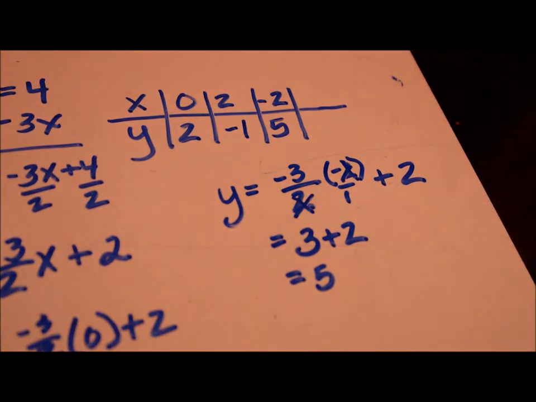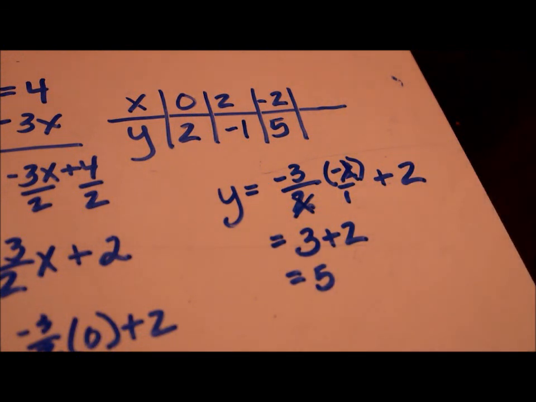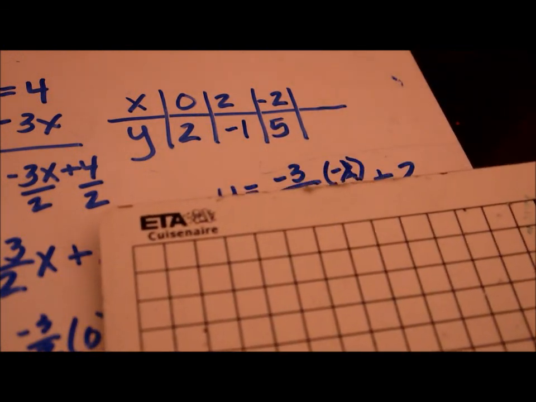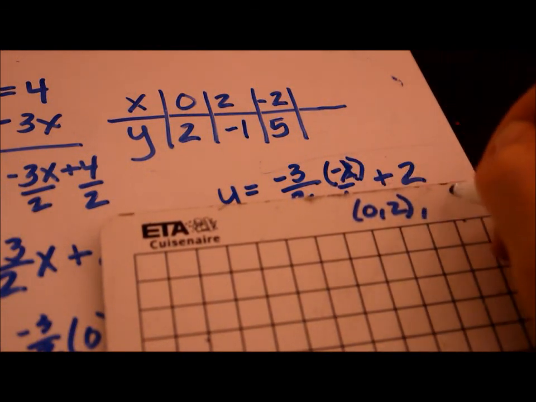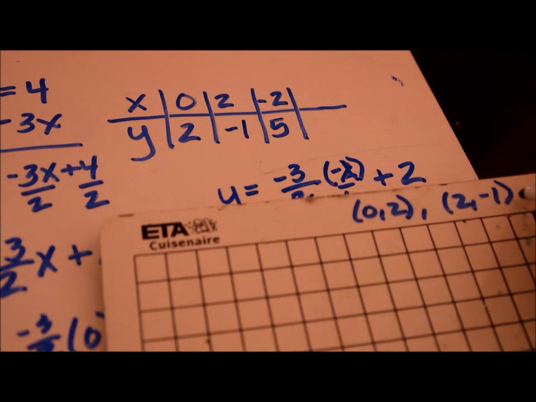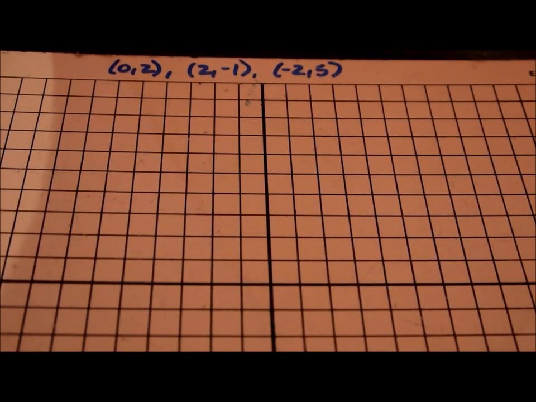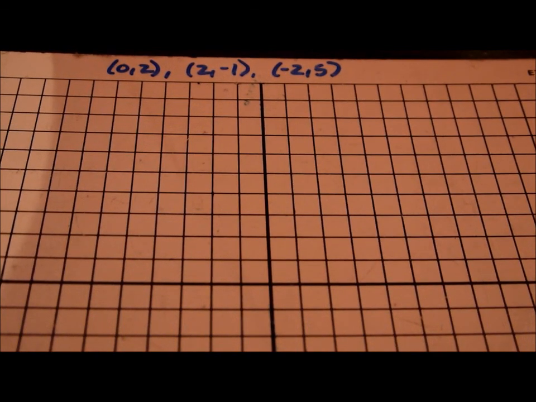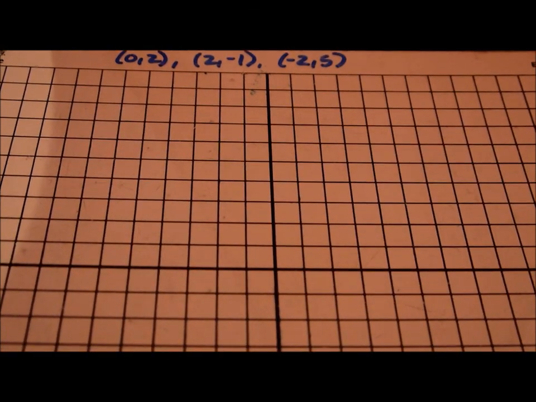All right, now I'm going to pull some graph paper over, or my graph whiteboard, okay? And I'm going to write on it our ordered pairs. We have 0, 2, 2, negative 1, and negative 2, 5. Okay, that's what we got from our chart. So if I go ahead and take those 3 points, okay, we're going to graph those 3 points, 0, 2, 2, negative 1, and negative 2, 5. We're going to put them on this